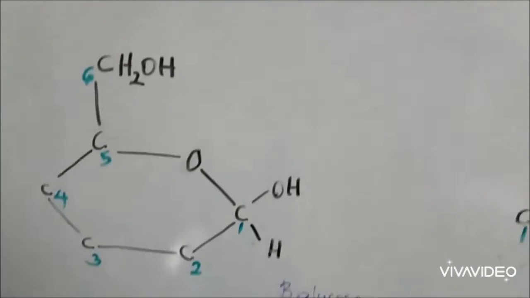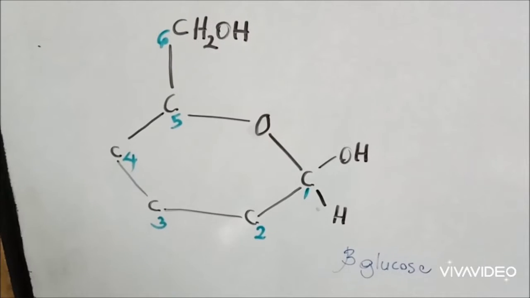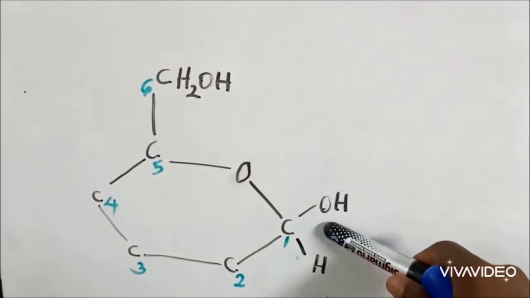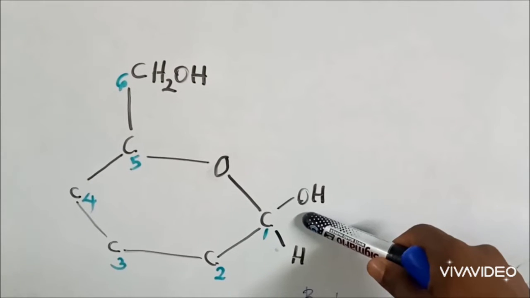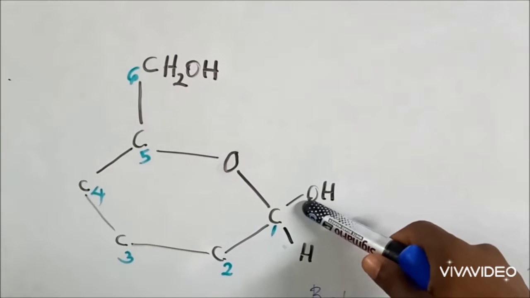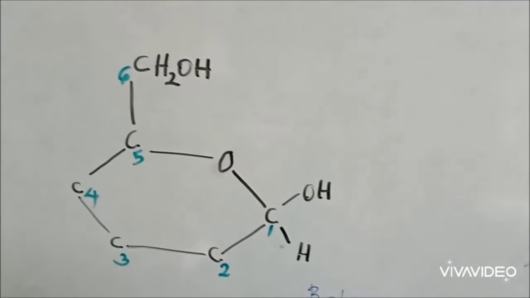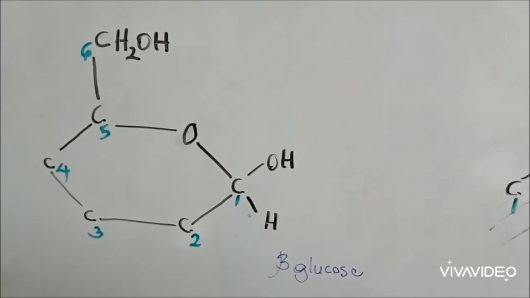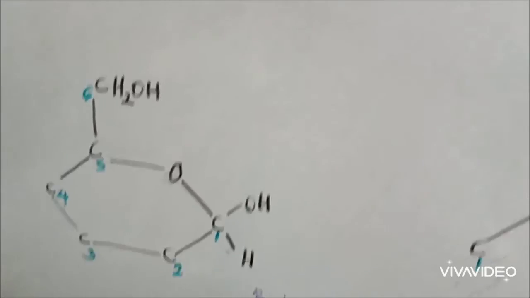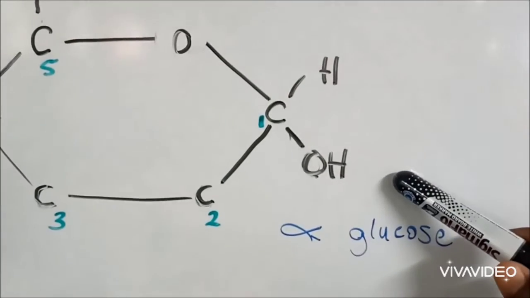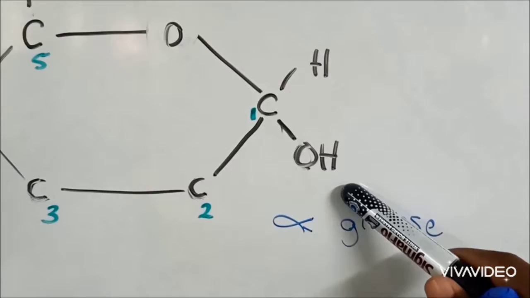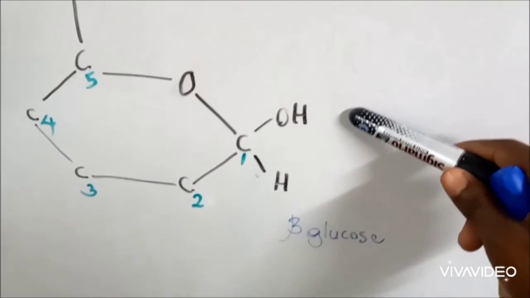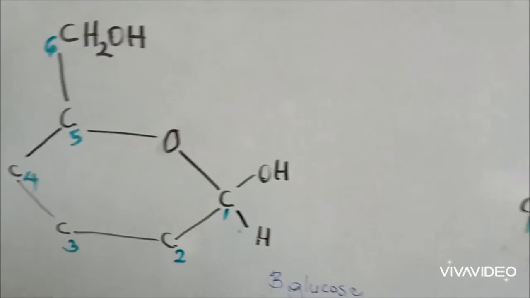So for beta glucose now, notice the OH is at the top of carbon 1. So once the OH is on the top of carbon 1 for glucose, it's going to be termed a beta glucose. Alright, so alpha glucose, OH is at the bottom. Beta glucose, OH is at the top. Alright, now for